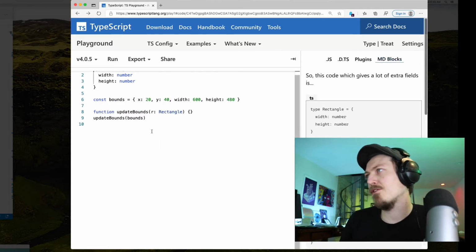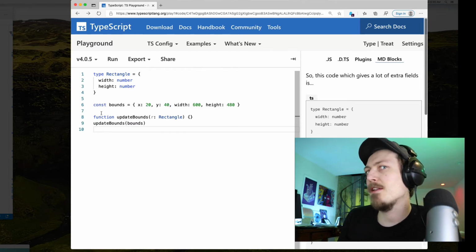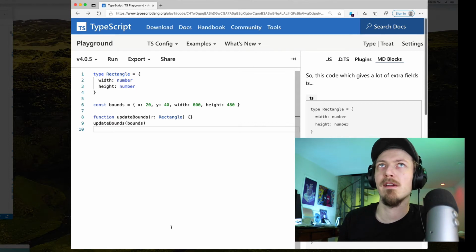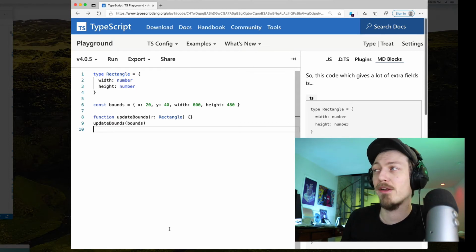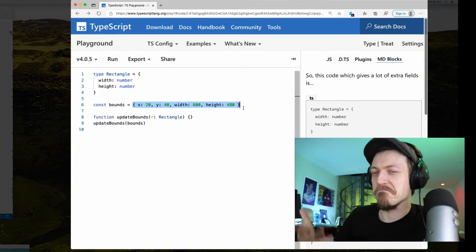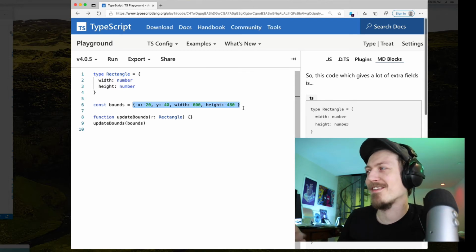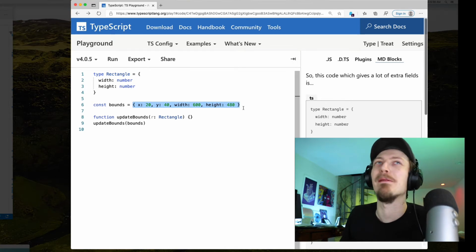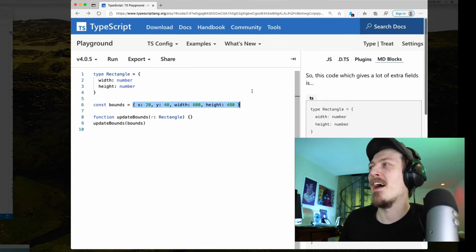Cool. That's pretty interesting. What I found very interesting the first time that I started playing with this is that the structural type system can be submatching, like matching on a subset. So this rectangle here is the parameter to this function. And you can pass in an object that is bigger than the interface. So this is a lot like Objective-C, right? Like you say it's an interfaceable, right? And so all it matters is that the width and height is in there.